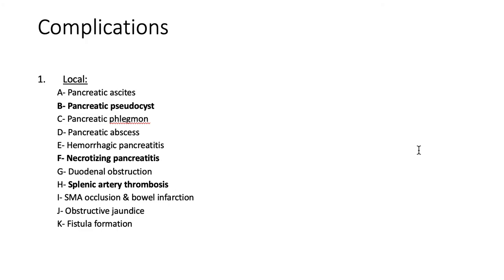Now let's talk about the complications of acute pancreatitis. We have something called pancreatic ascites. We have also pancreatic pseudocyst. So we will talk about the important ones. First, we also have systemic manifestations or complications. One of them is